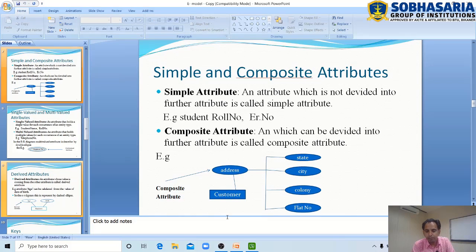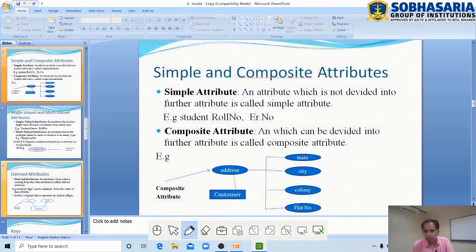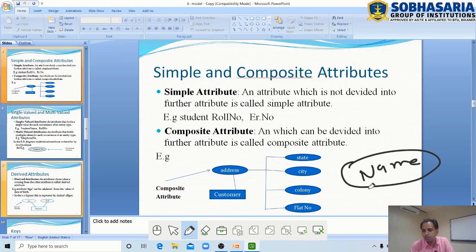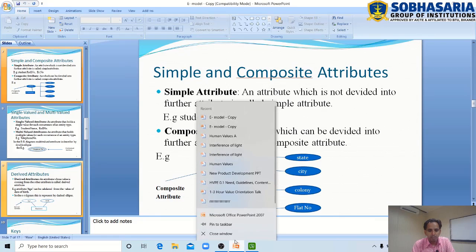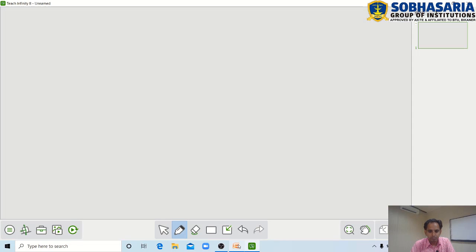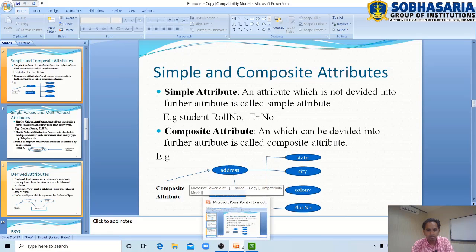But if we talk about the name of this customer, the customer name cannot be classified further because the customer has a single name. So this is the composite attribute.